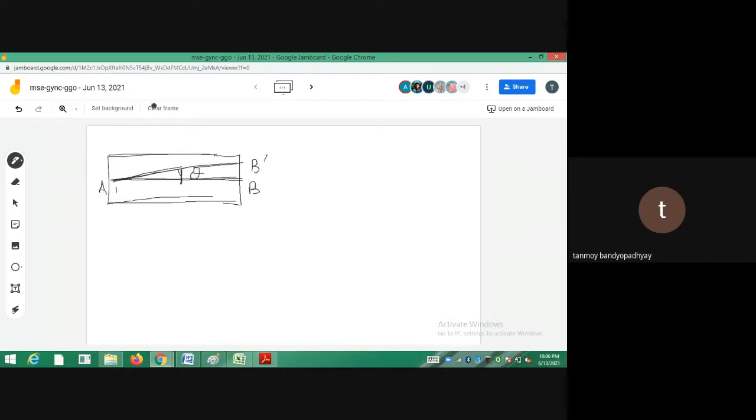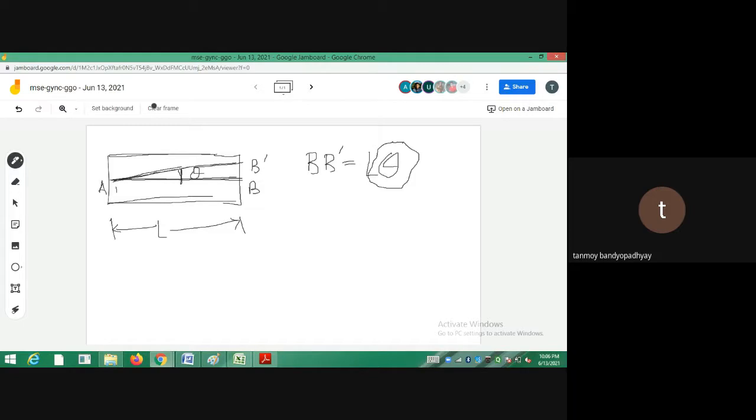Whenever we come back to the derivations, we will be writing BB prime equal to L theta. If L is the length of the shaft, and this is the front view of the shaft I am taking, that will be equal to L into theta. We can make this L theta assumption when theta is in radians and theta is very small. So we are assuming that this twist angle is very small and there is no warping of the cross section.